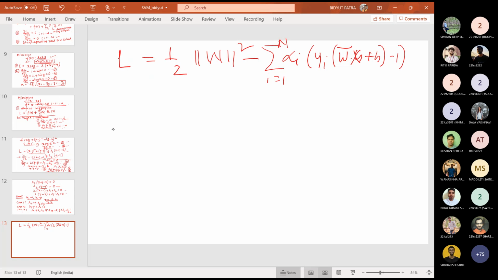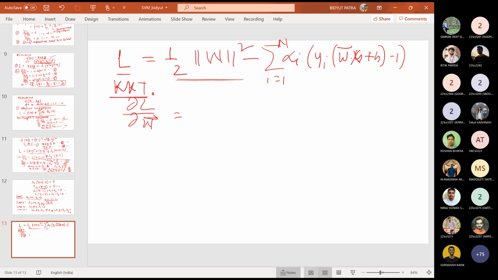To solve this problem, because it is an inequality, as I said, we have to satisfy the KKT conditions. The KKT conditions require us to differentiate with the variable: delta L with delta w vector. L is a scalar. How do you differentiate with respect to a vector? You did it earlier, right? w has components, as many as the dimension of the data set. So each component we have to differentiate.